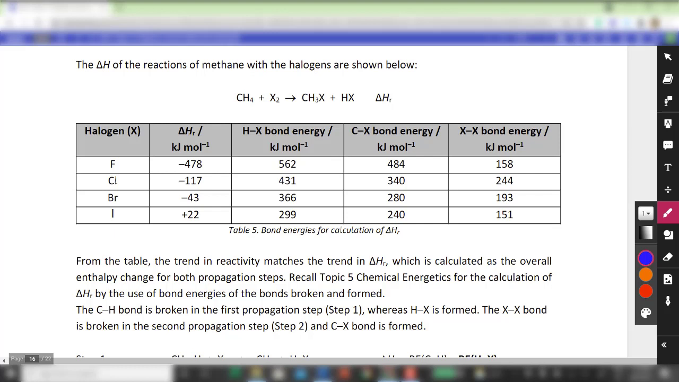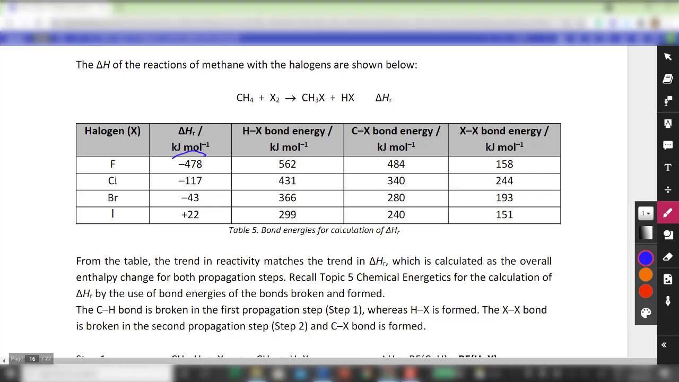So I'll just leave you to look at this particular table. Basically, we are looking at the halogen bond energy, and then the C-X bond energy and the H-X bond energy. Because in the course of the reaction, the two bonds to be broken are C-H and X-X, and the bonds being formed are C-X and H-X. So if you analyze the enthalpy change of the reaction, you realize that the reaction with fluorine